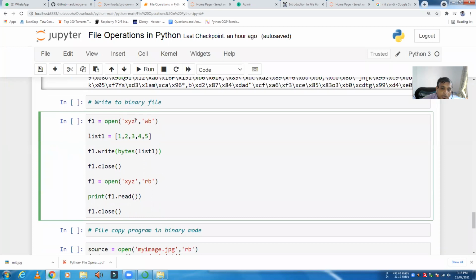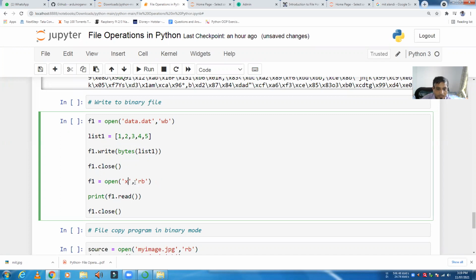So how to write, so I'm opening the xyz, or simply data. Okay, I want to create the new file, so that's why w mode and binary mode. So binary file, it is created, data. You can give some extension, suppose data.dat. Okay, and then this is my list has been created. And now this list one, the content of the list gets converted into the bytes, and those bytes will be written into the data.dat.